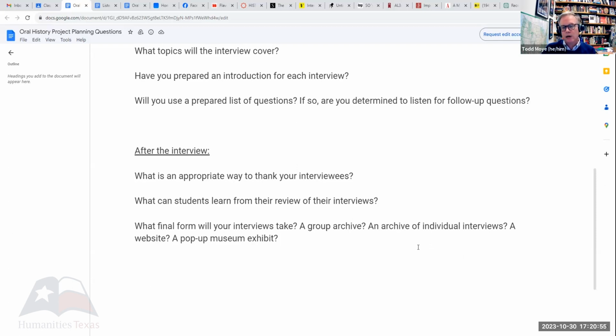It could be a group archive. It could be a website in which students interpret the historical significance of what has come up in their interviews. It could be a pop-up museum exhibit. It could be something much less fancy than any of those options. But you need to have some sort of final form,